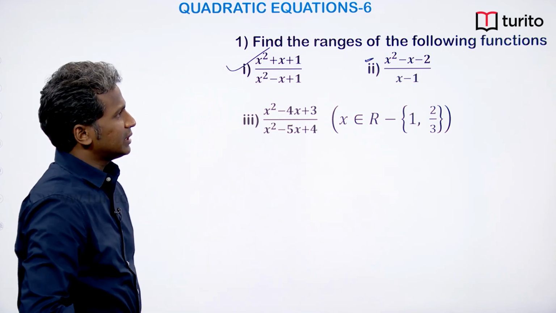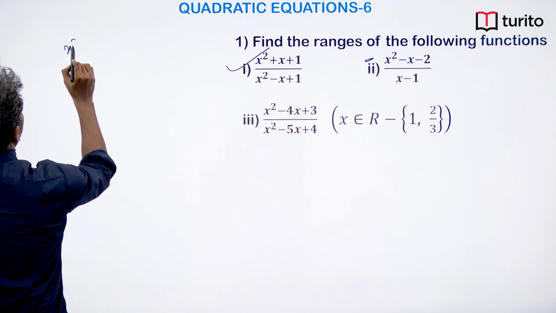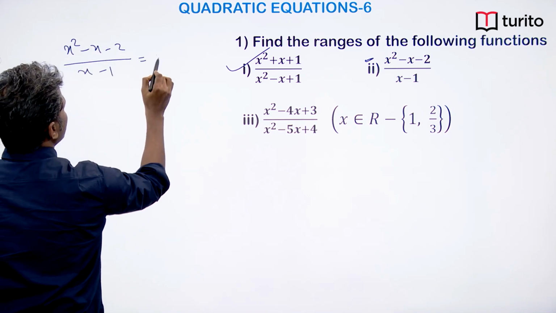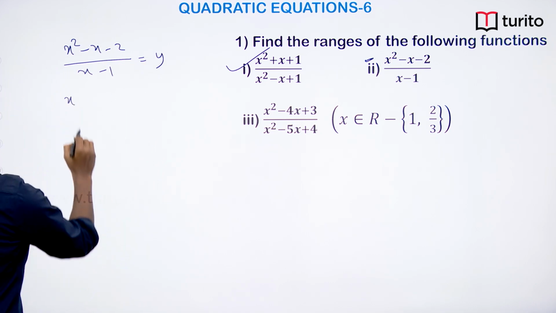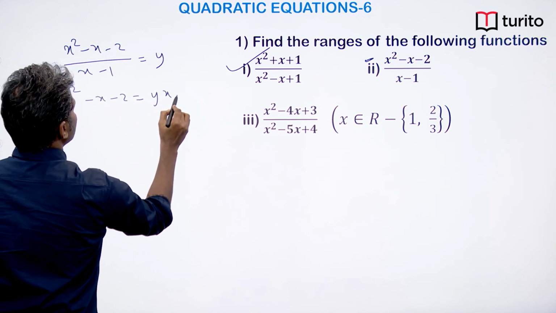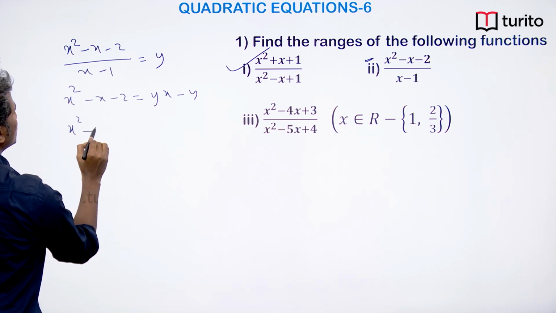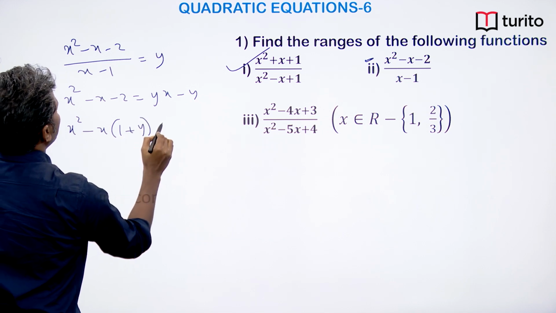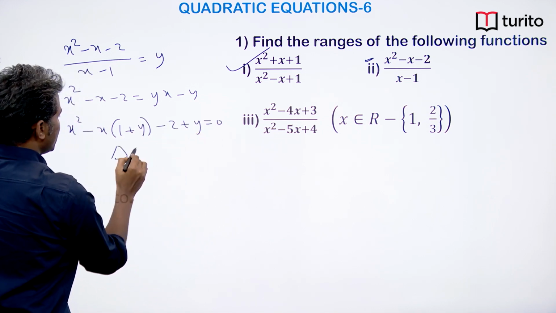So, what is our method? Equate this to y and solve it. Okay. So, x square minus x minus 2 by x minus 1 is equal to y, and then we cross multiply and simplify. So, what do we get? x square minus x minus 2 equal to yx minus y. Now, when I take all terms to LHS, so what do we get? x square minus x into 1 plus y minus 2 plus y equal to 0,